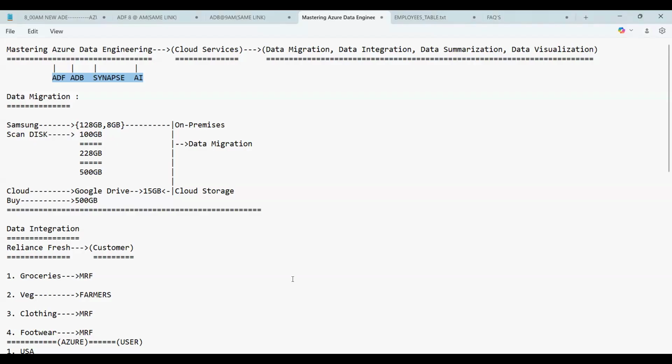Or else, if you want to go at a normal pace, parallelly what we do is we use the ADF 9 to 10. Okay, guys. And once after completion of the ADF, we go with the ADB, then Synapse and AI. So the duration of this course would be around 100 days. That's it. As a complete implementation, we are going to see one project also, guys, from the implementation point of view also.